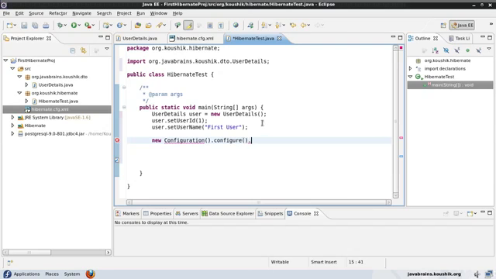Now once we do the configure, then we can call the build session factory method. Now this build session factory method returns a session factory. So this is what we need. So I will create a new session factory object, and I will assign this configuration.configure.build session factory. So what I'm doing again, I'm taking the configuration and I'm calling the configure method of the configuration